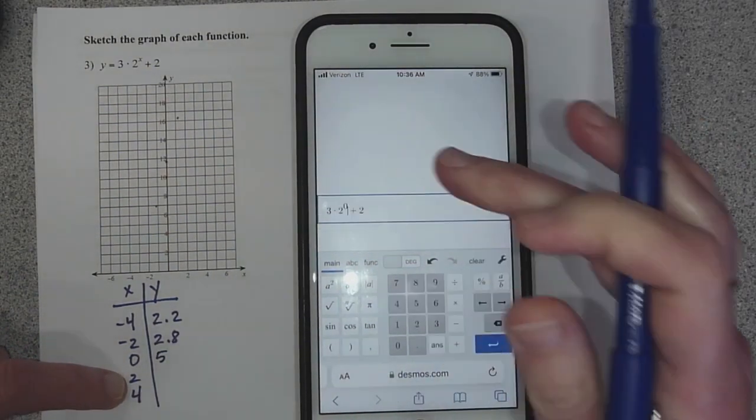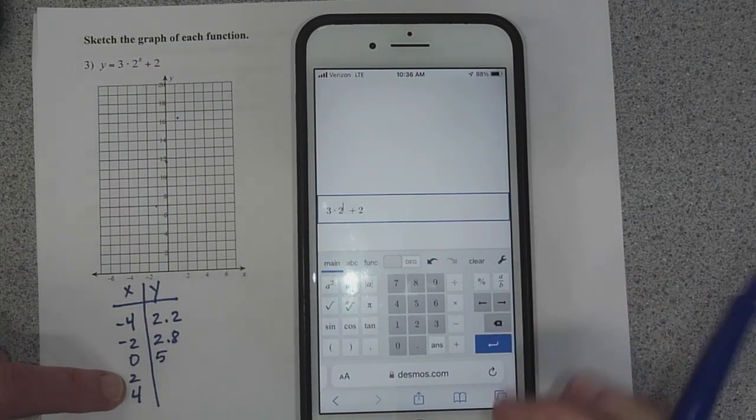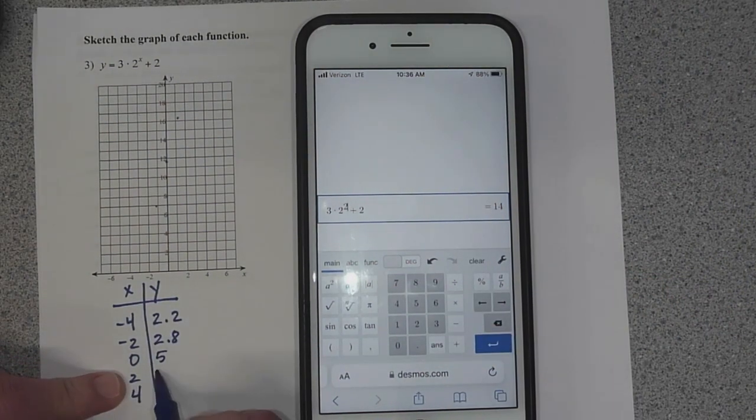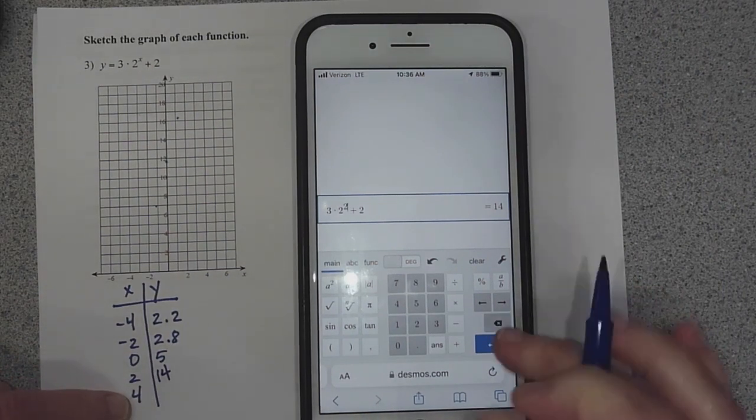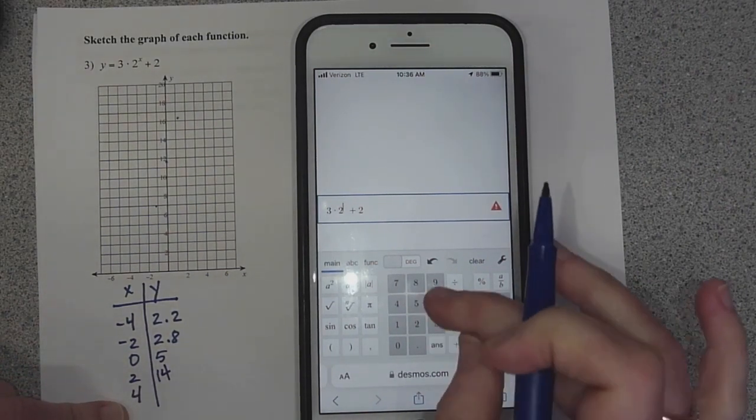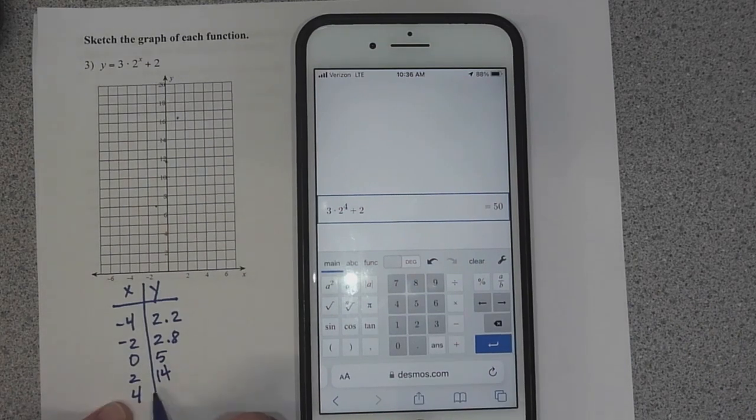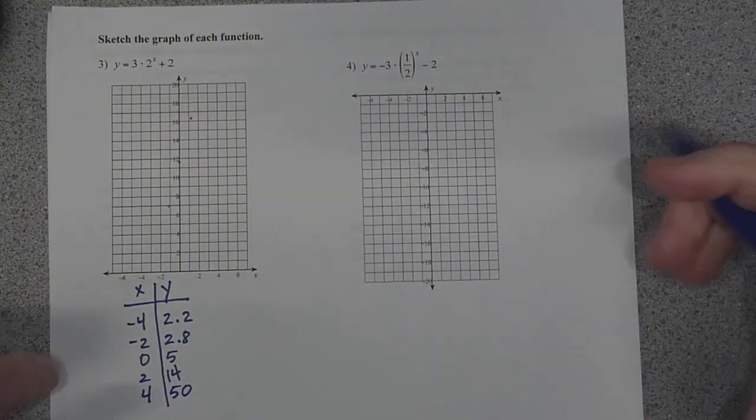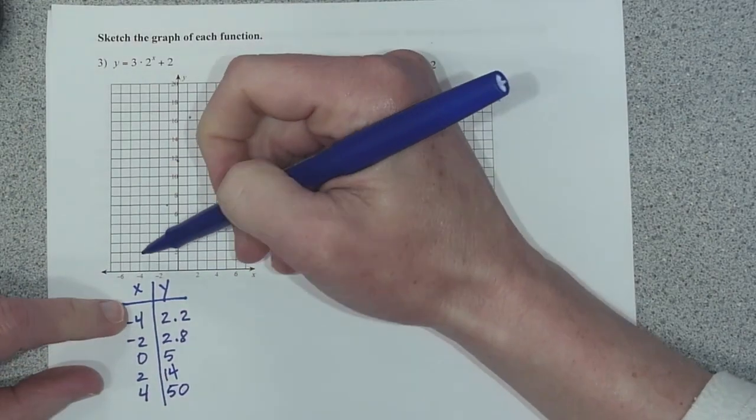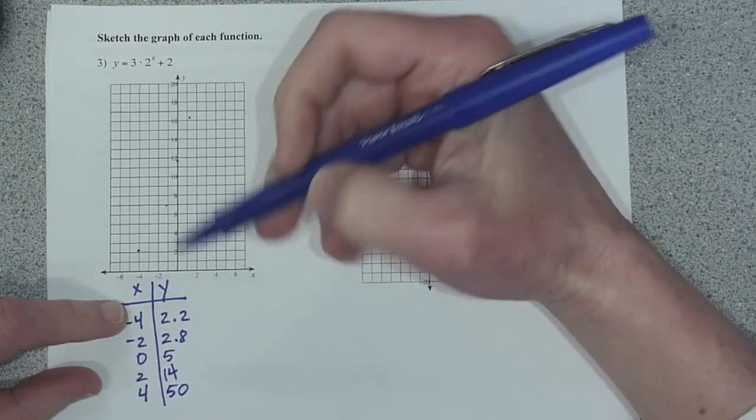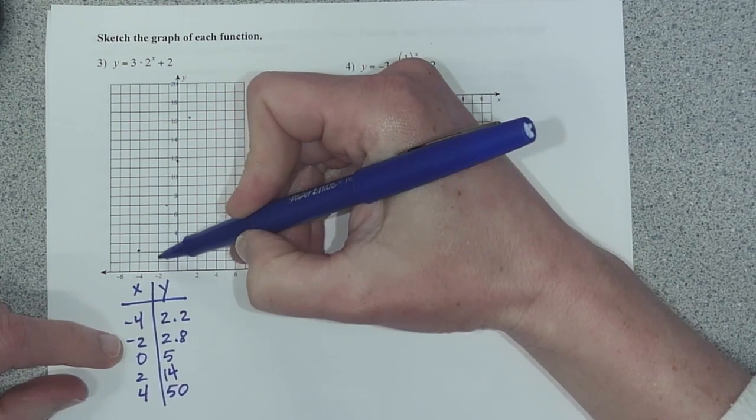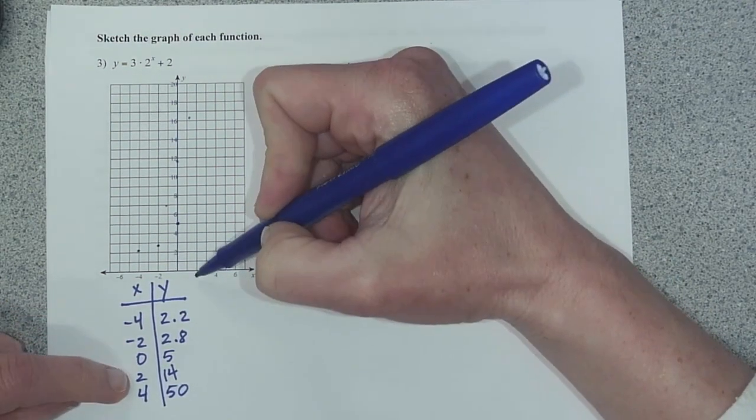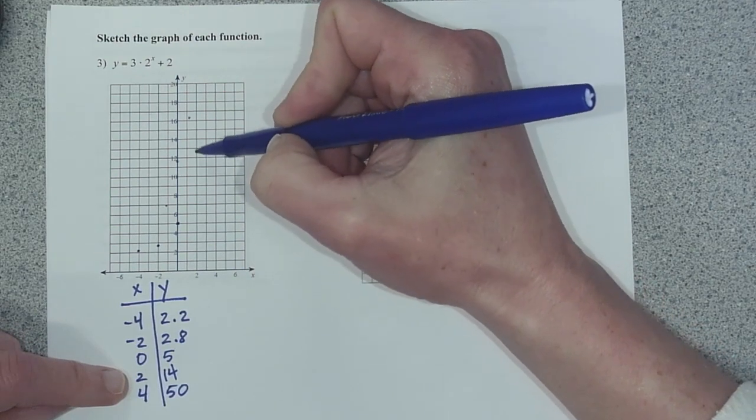Okay, now I'm going to change my exponent from a 0 to a 2. And it looks like now it's going to equal 14. And then if I change that to our final value of 4, what's it going to be? 50. Okay, and then we're just going to graph it. So let's see what we get. This is the fun part. -4 and 2.2 will be right about there. -2 and 2.8 will be about there. 0, 5, 2, 14,